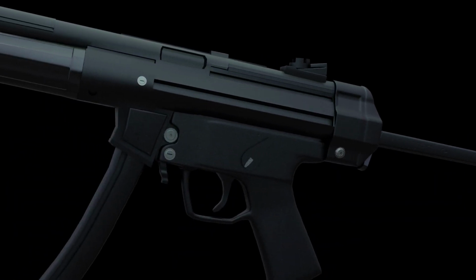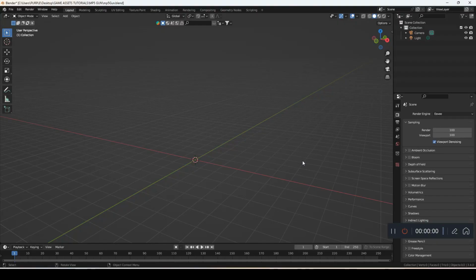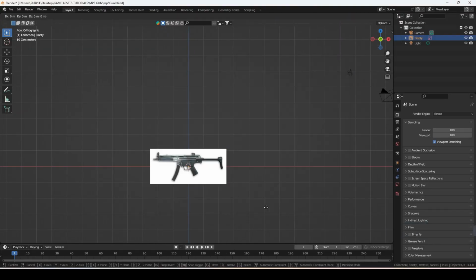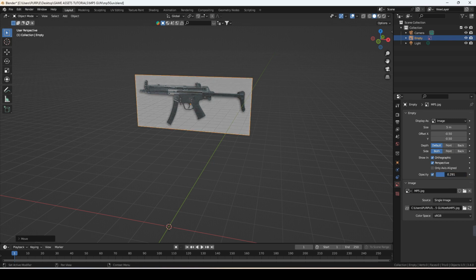Today we will make an MP5 gun for our games and animation assets. Let's go to the tutorial. First, we will add our reference image. You can find many different variations of this gun because it's so old. Decrease opacity